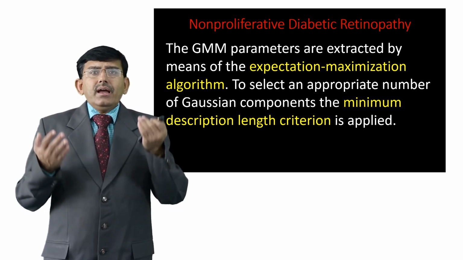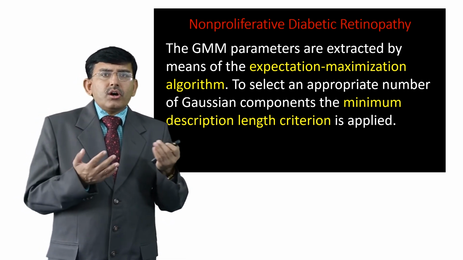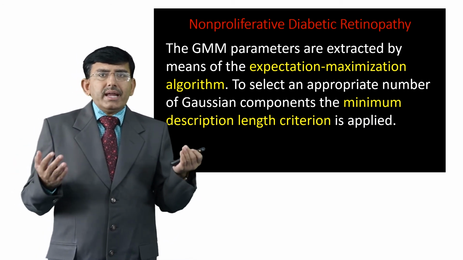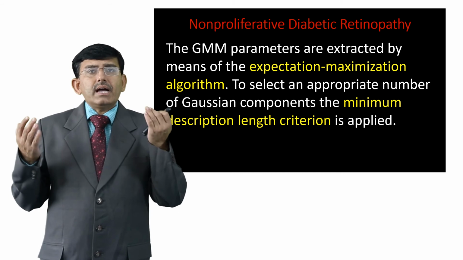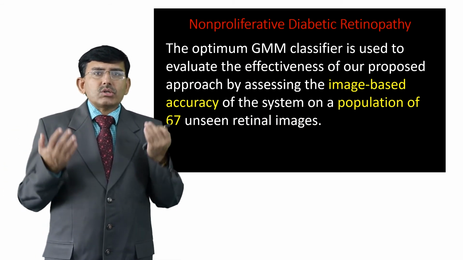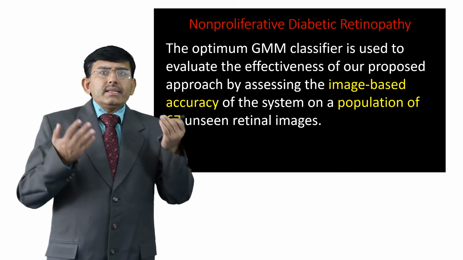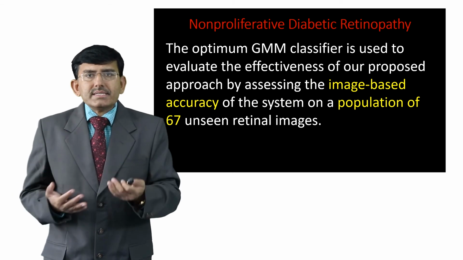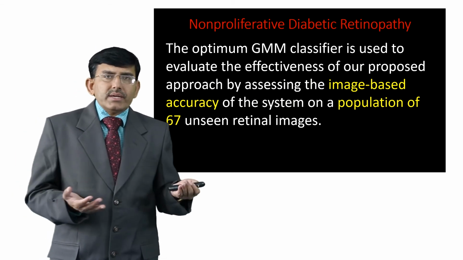To select an appropriate number of Gaussian components, the minimal description length criterion is applied. The optimum GMM classifier is used to evaluate the effectiveness of our proposed approach by assessing the image based accuracy of the system